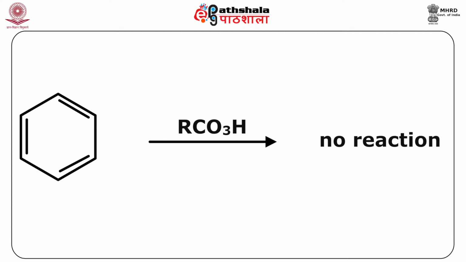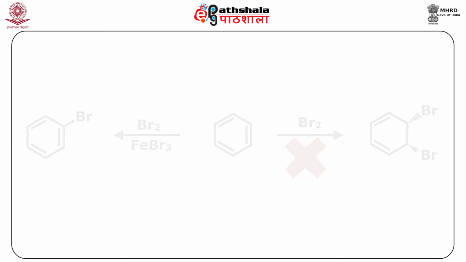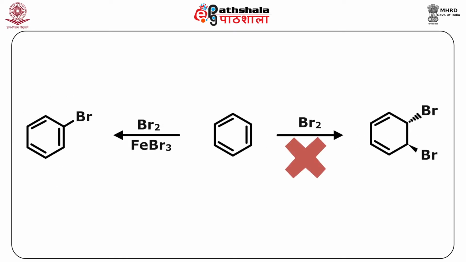In addition students, the double bonds of the aromatic group do not behave similar to alkene reactions as well. Now you may be wondering, okay, if the aromatic compounds do not give you any SN2 type of reactions, but they are having the double bonds, that means they must be giving the reactions associated with the alkenes. However, that is also not observed. Now you can see the reaction of benzene here with an acid, then again no reaction is observed. So aromatic compounds do not react through addition reactions.